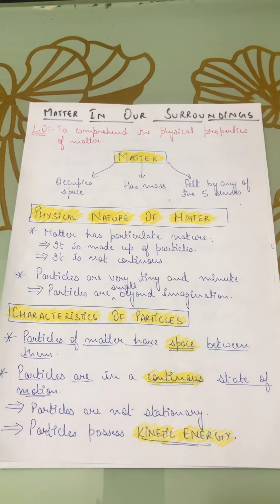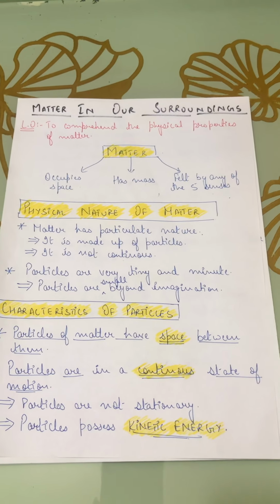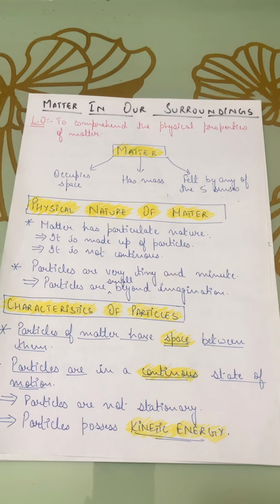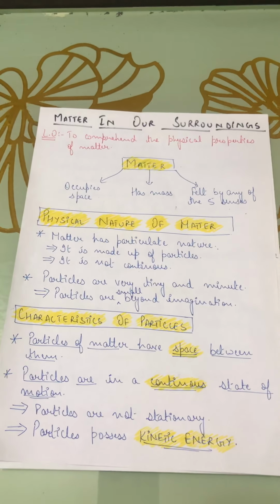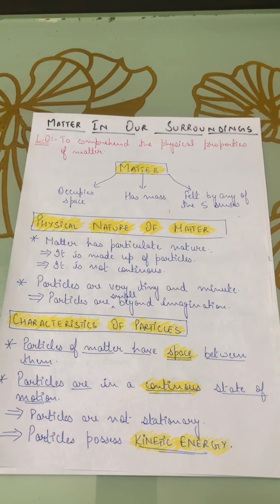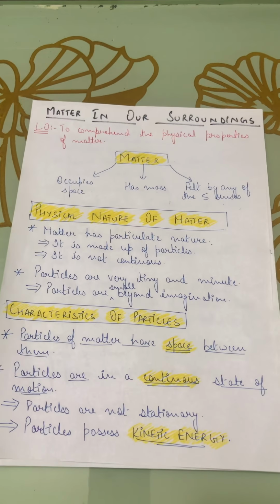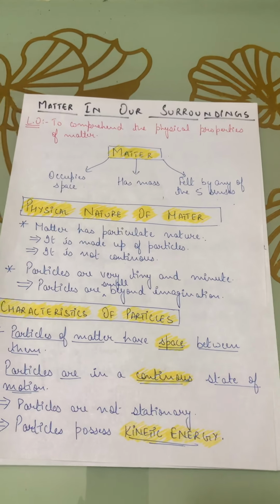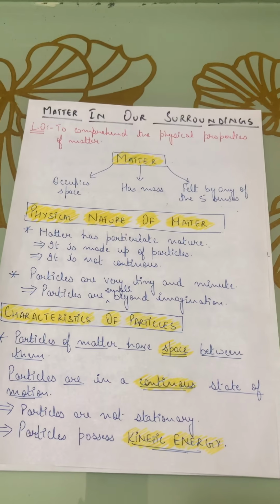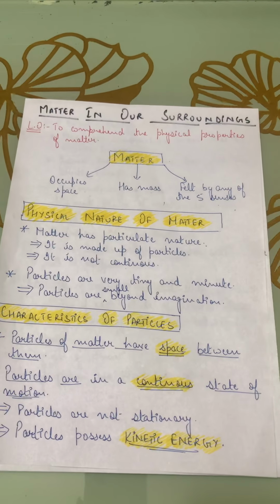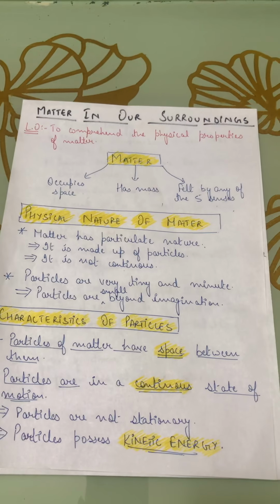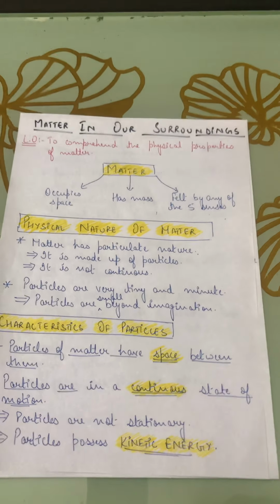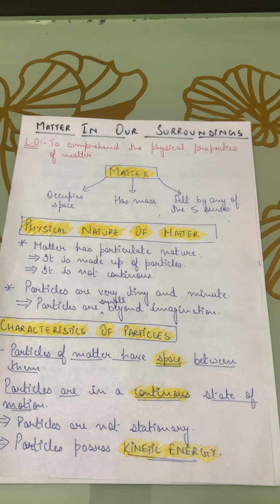You must have seen an incense stick at your home, or a perfume bottle. If you spray a perfume in one corner of the room and you're sitting in the other corner of the room, will you be able to smell the perfume? Yes, you will be. Why is it possible? It is possible because air has spaces in between its particles, and when you open up the bottle of perfume, the perfume fills in the spaces in the air,